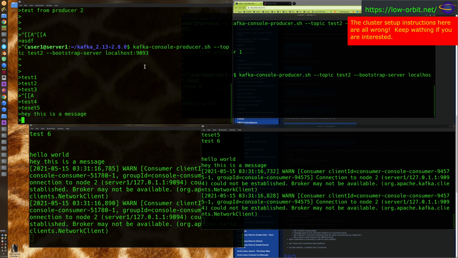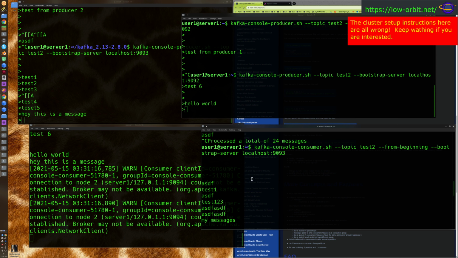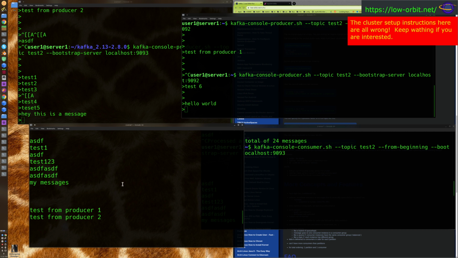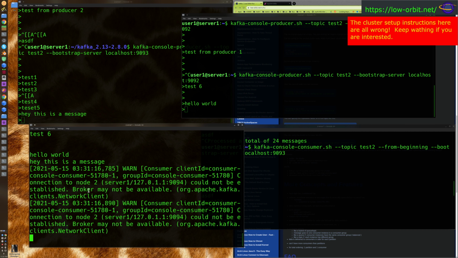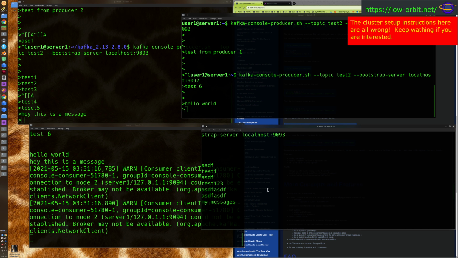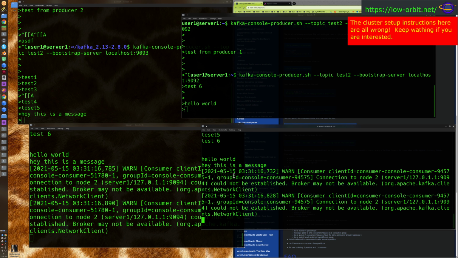None of these producers are on instance 3. This consumer, I believe, was on instance 2, and this one was on instance 3. So this one should fail. Both consumers received an error, or received a warning, but